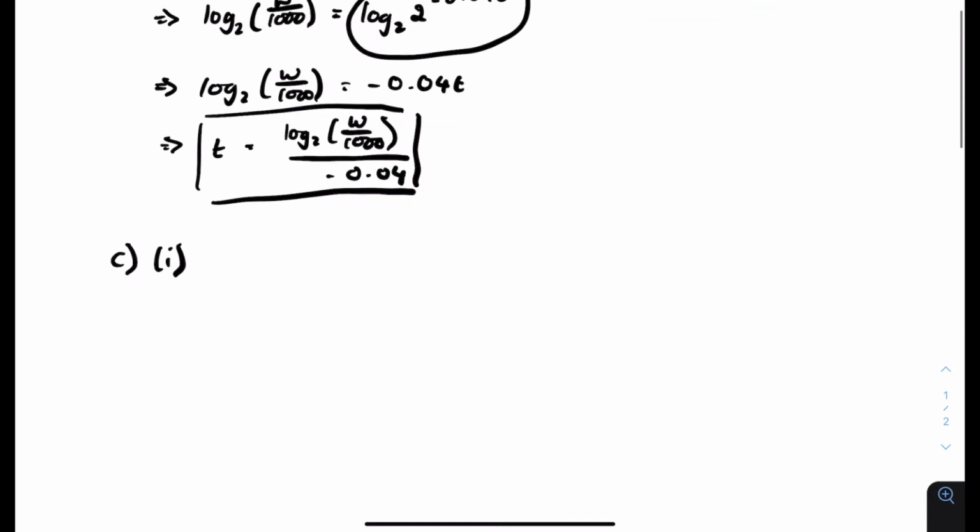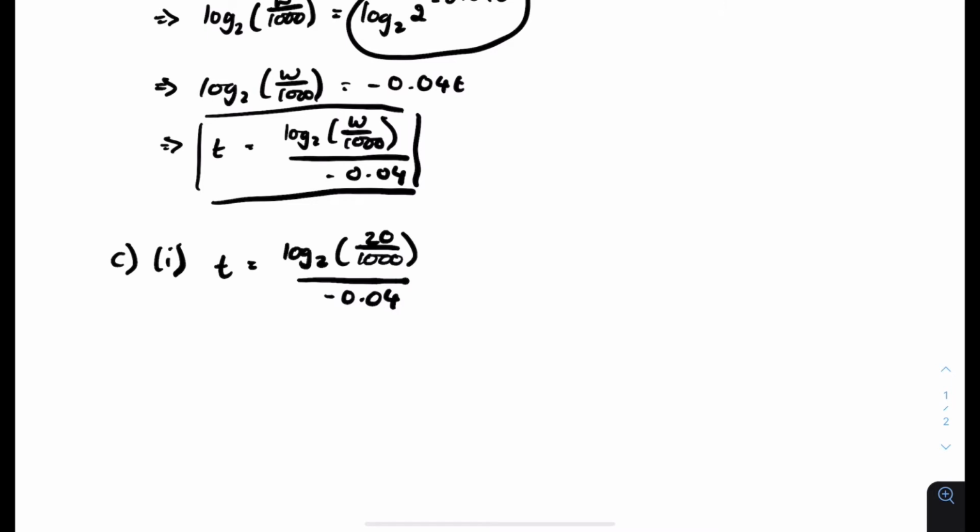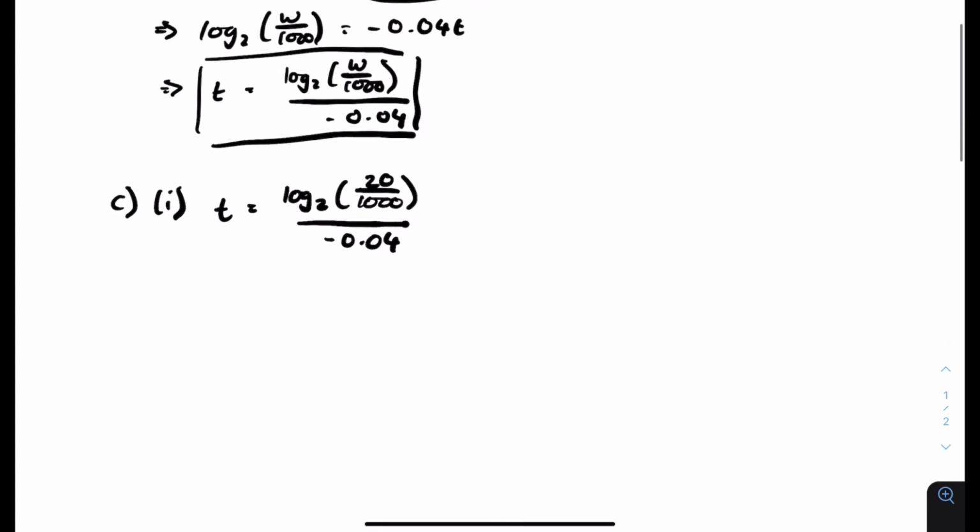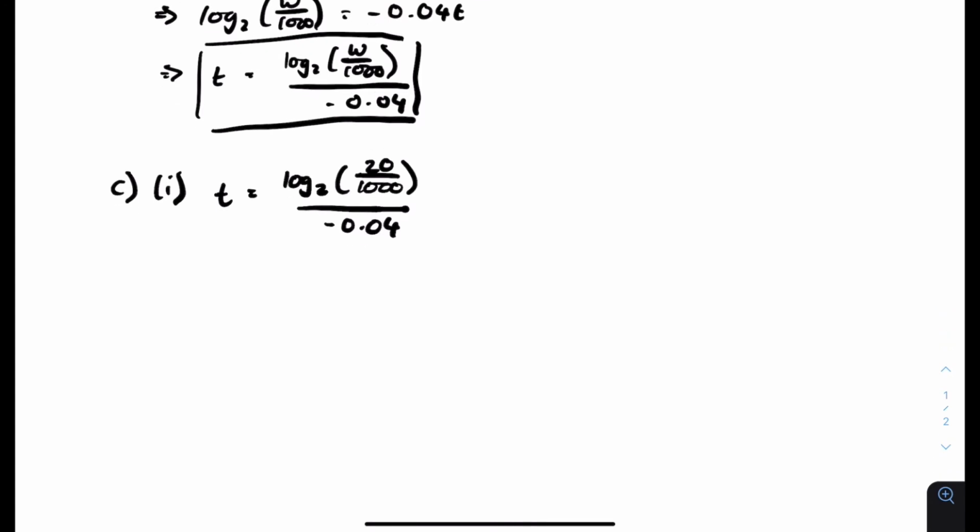So T is equal to log base 2 of 20 over 1,000, over negative 0.04. Now what we'll actually need to do is change the base of log base 2 of 20 over 1,000, because when we're using the green calculator or the TI-Inspire calculator, we need to be able to use log base 10. So let's just write down what we have and change the base. Well, we can simplify this further. 20 over 1,000